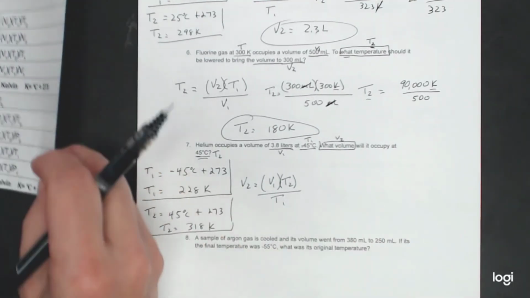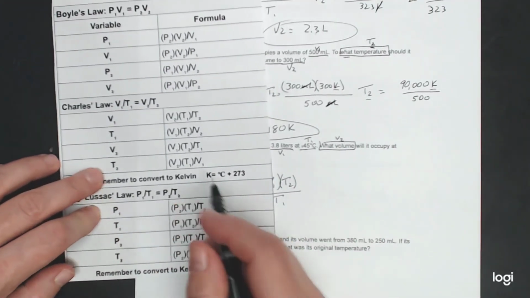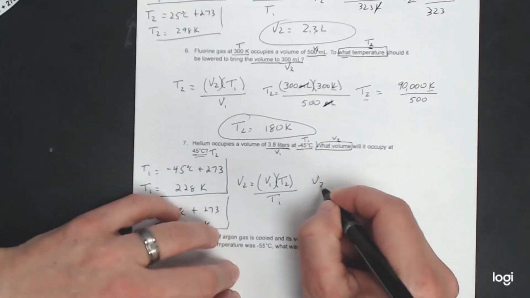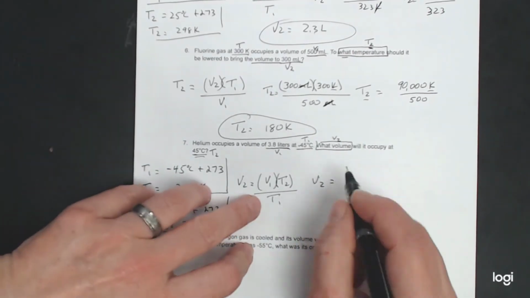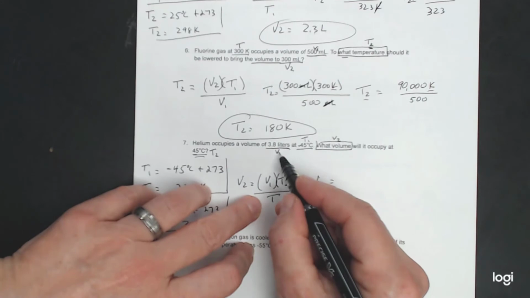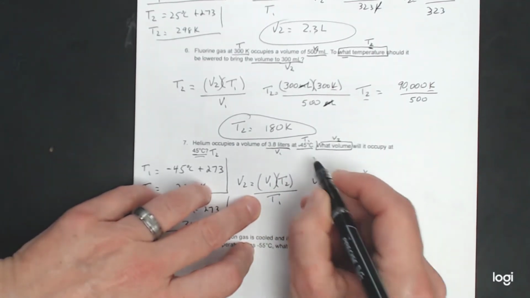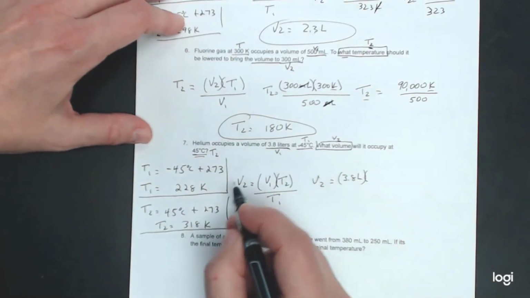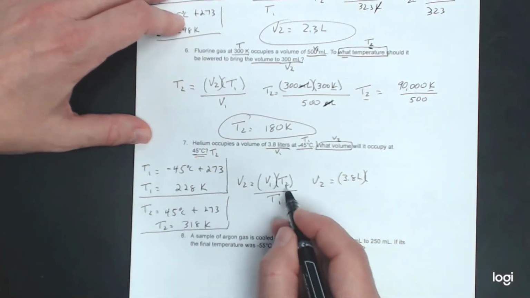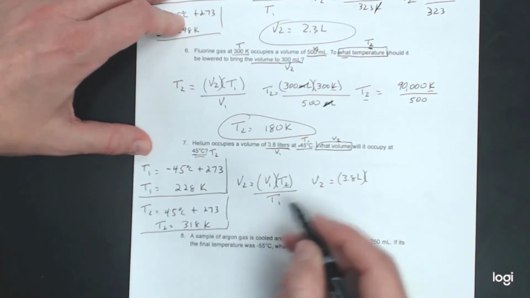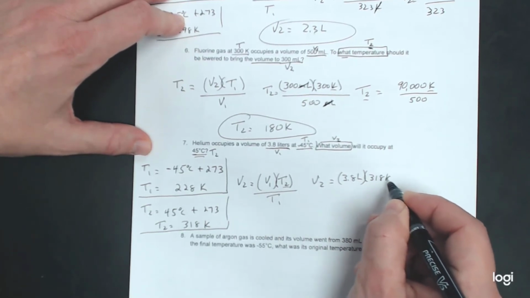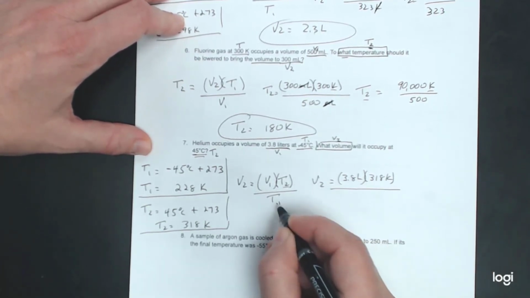Wait, did I mean to put V1 or did I mean to put T1? T1, yep, sorry about that. So V2, let's go ahead and plug in our numbers. Our first volume is 3.8 liters times our first temperature. And remember, we've done our temperature conversions here. This is going to be our T2, so we're looking right down here at 318 K, over our T1, which